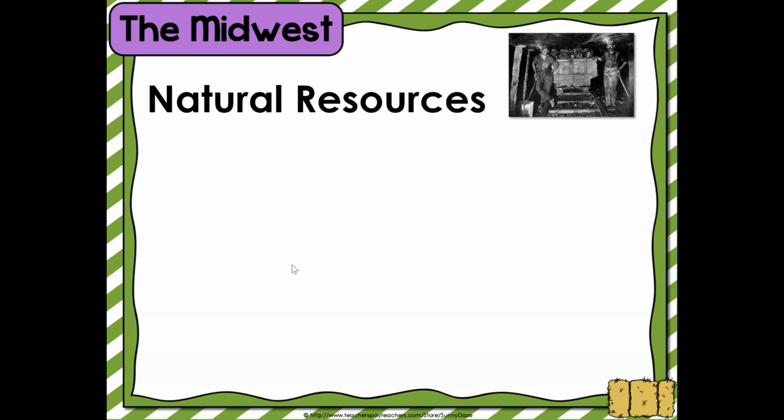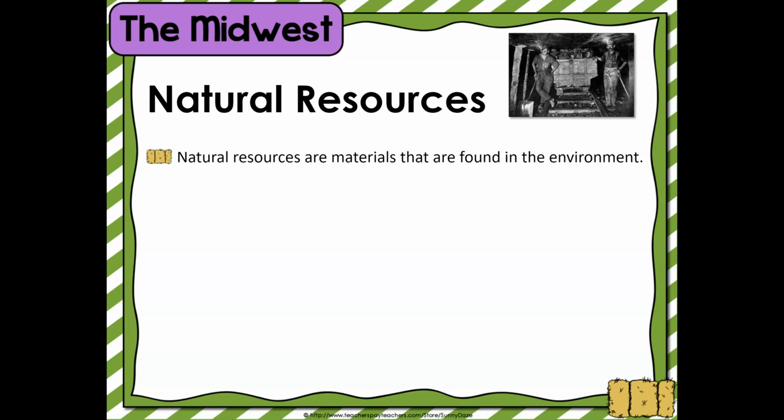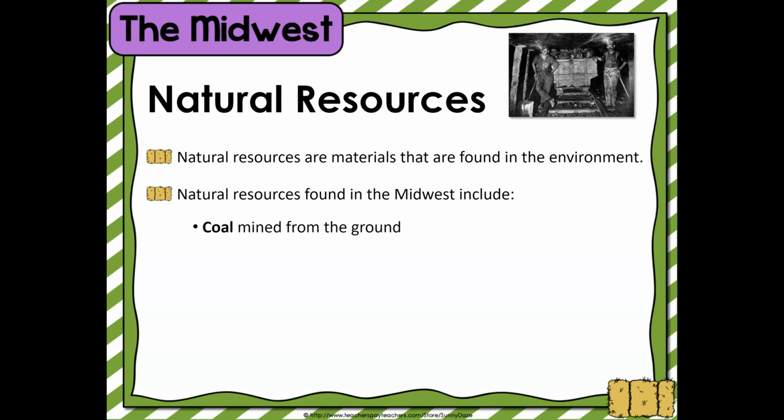Natural resources of the Midwest. Now remember, natural resources are materials that are found in the environment naturally. Natural resources of the Midwest include coal, which is mined from the ground, oil, which is pumped from the ground,